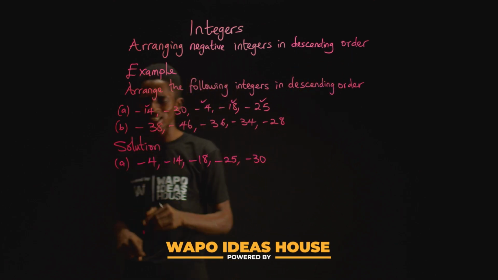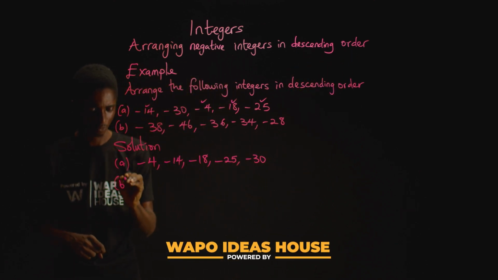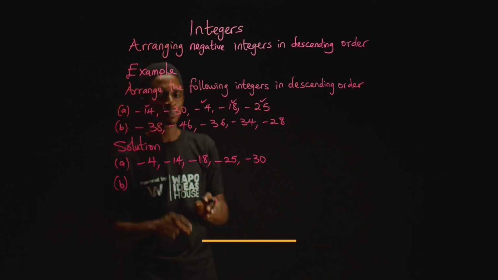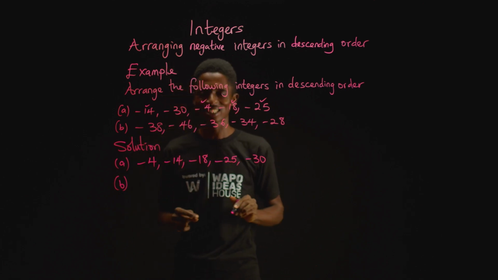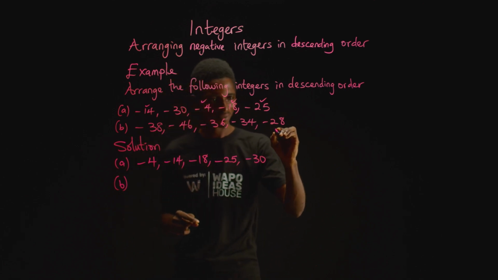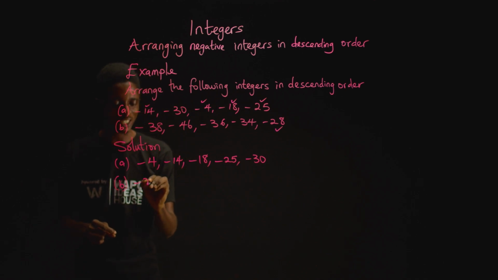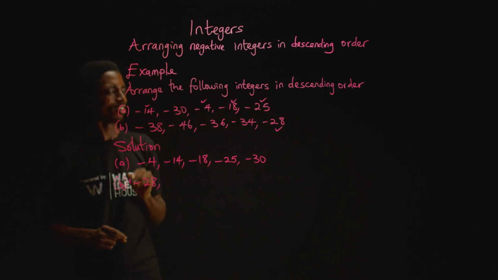Let us apply it to the second one. Let's do this together. Identify first the largest number in this set. The largest is minus 28, followed by